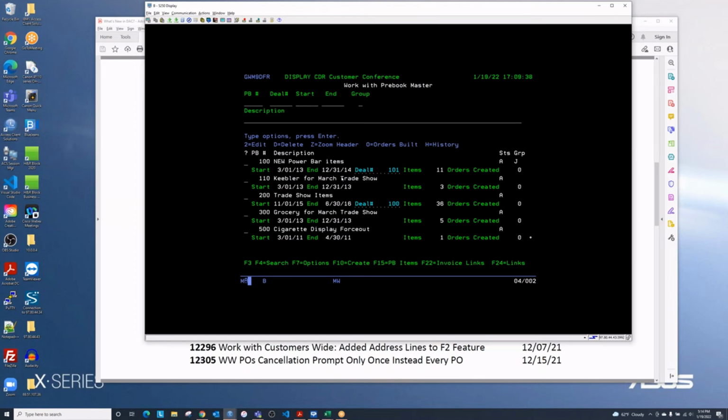What you can see in here now is the number of items inside each of these pre-book defaults, which are basically master pre-books that you in turn spawn pre-book orders from. So this one has 11 different items inside of it, and it has been used to create 0 orders so far. But if I hit my page down, I'll see that on this one, 8 orders have been created,